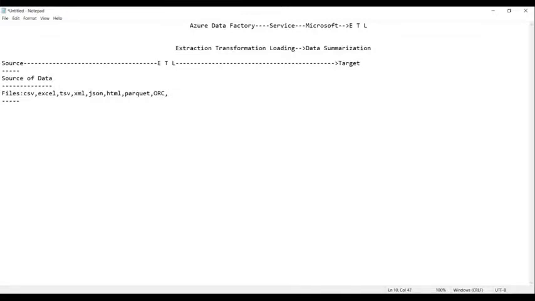Then we have Avro files and Dat files. These are all the various types of files where you can find the data.